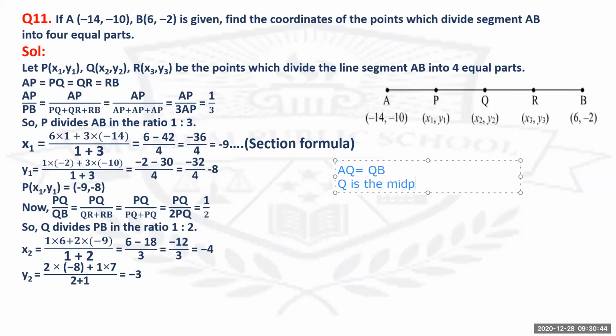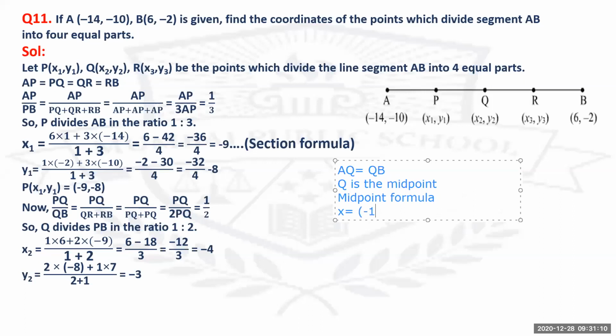Understood? So here what you can do is apply the midpoint formula. You can either do it by the midpoint formula or you can do it with the help of the section formula. Understood? Your answer is going to remain the same. Your answer is not going to change. So check, you'll get X as